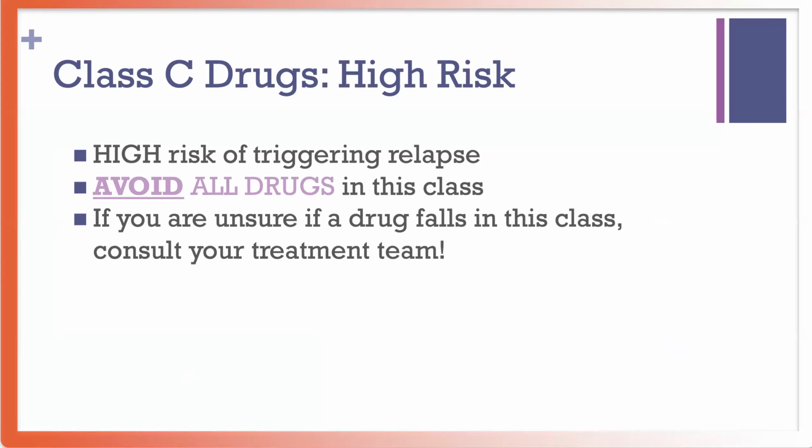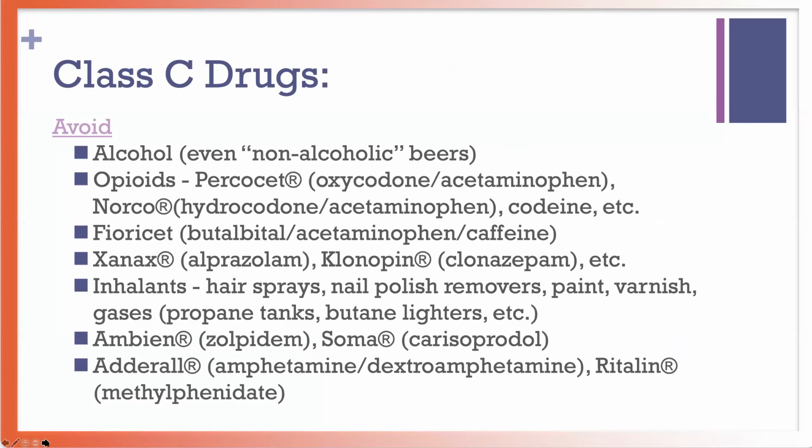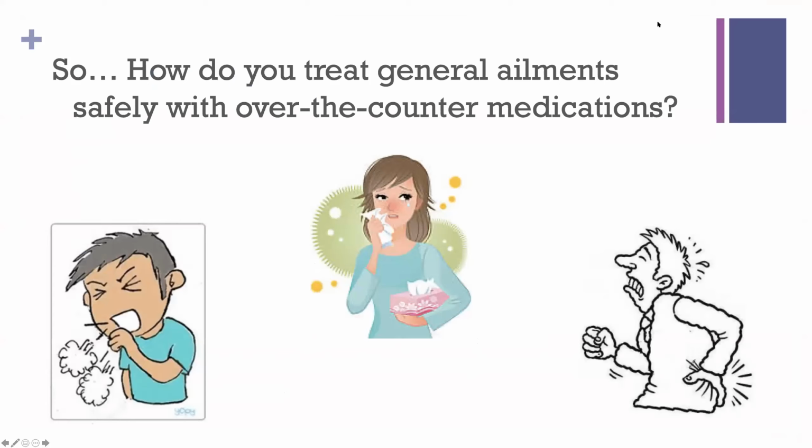And will all of them do it? No. But 70% will do it because they didn't know a lot of this. And some of them say, well, that's where I started using this when I was 14 or 15. It's kind of an interesting thing. And these are things that you would avoid, and these are things that we would probably have to give very close supervision if you had to take something like this. And we do have a very small percentage of people who have to take Adderall. We have some people take Ritalin. We have some people that have to take Fioricet for migraine headaches and those types of things. So there are reasons.